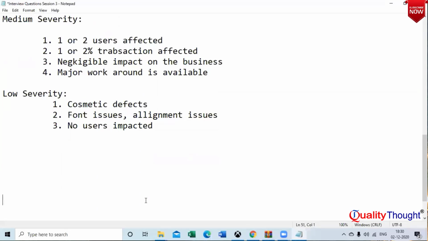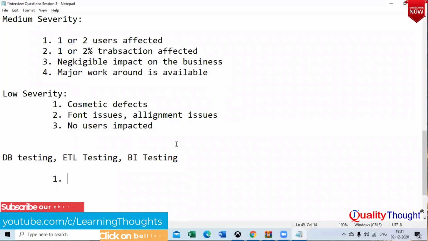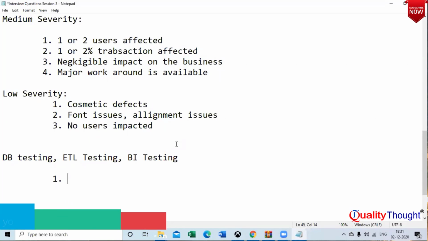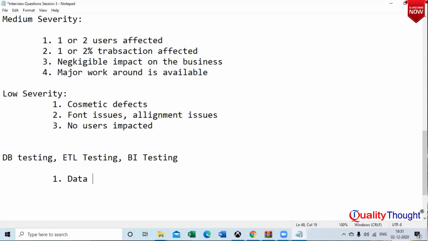For example, if you are working in any database testing, ETL testing, or BI (business intelligence) testing projects, then the severity definition depends upon the project. For example, data